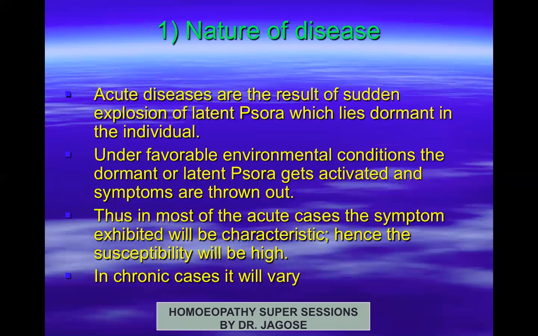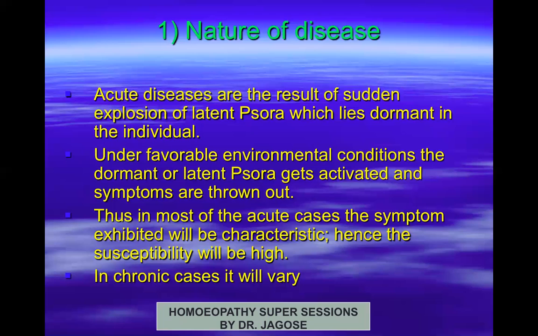Number one, of the common symptoms. Number two, of characteristic symptoms, both at the mental and the physical level. So you will see here the common symptoms will be diagnostic of the disease, and the characteristic symptoms will be diagnostic of the indicated homeopathic remedy based on the totality of symptoms. So now what I am telling you, there are no hard and fast rules. It has to be moved according to the case.